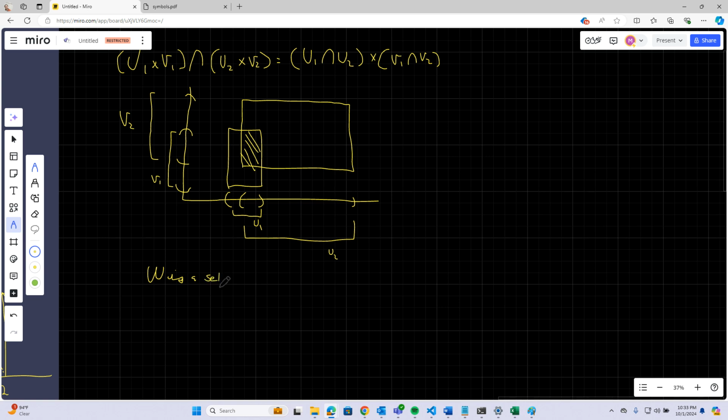The Cartesian product of their elements is itself inside of W here. So by the definition of the product topology, there will exist some basis element U cross V such that